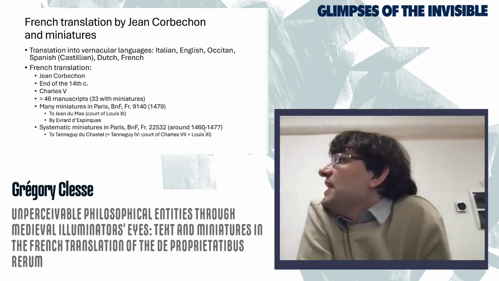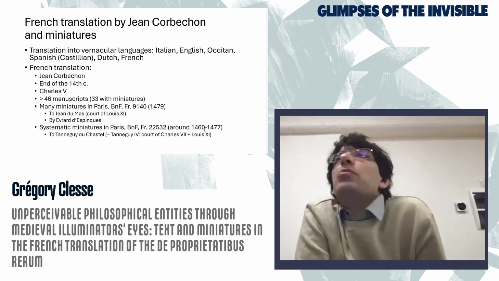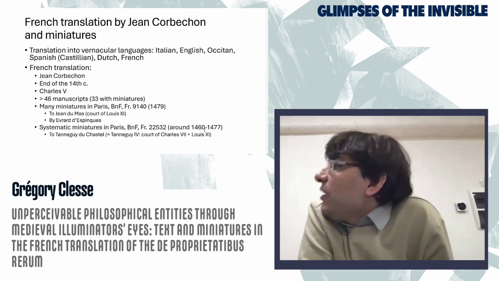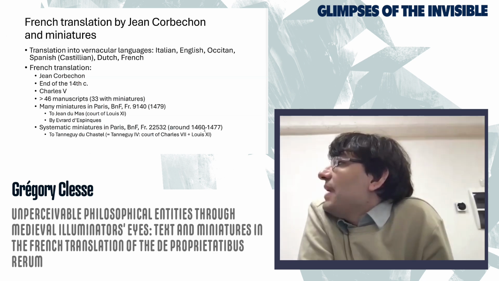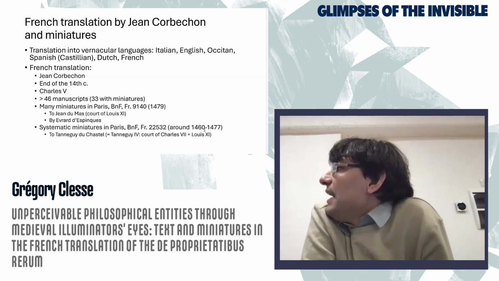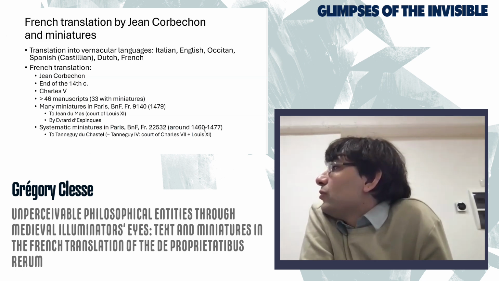It was for a certain Jean Dumas, an important person of the court of Louis XI. We have the name of the miniaturist, of the painter, Évrard d'Espinck, who was from Cologne, but this is not very important for us today. And we also have this very interesting manuscript, this particular case that we will consider a bit more just after that, for the French